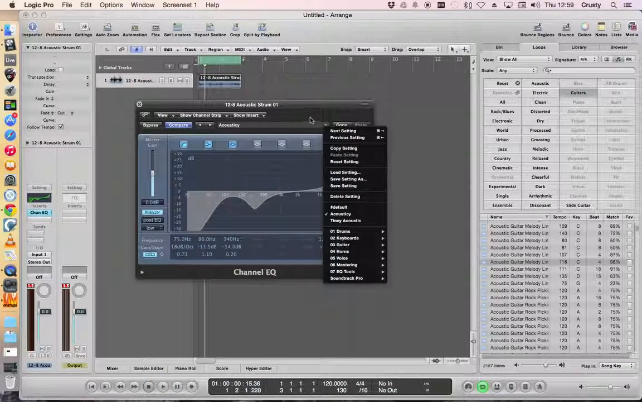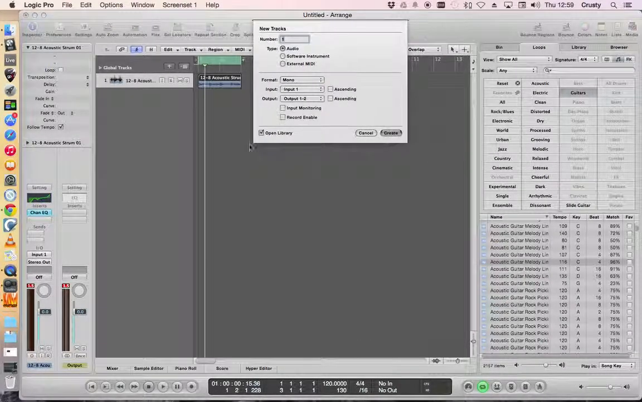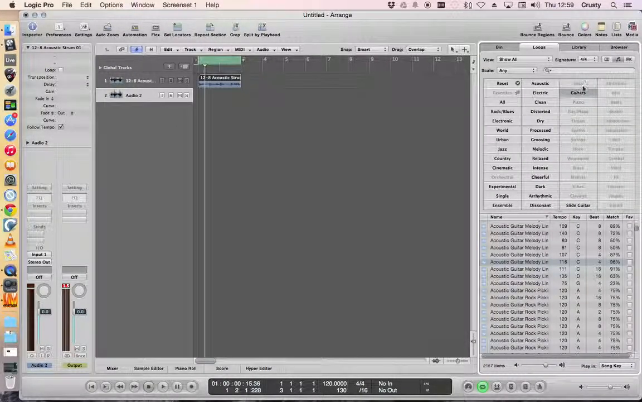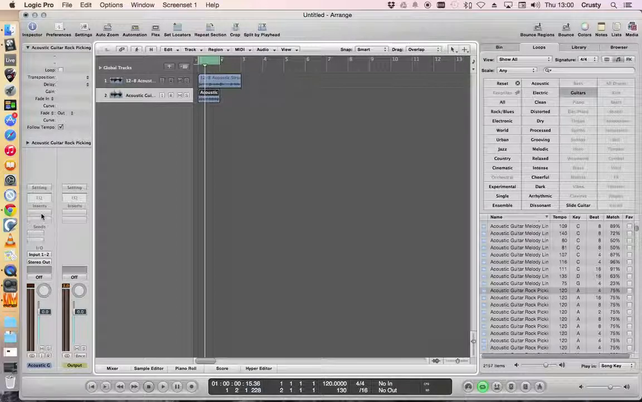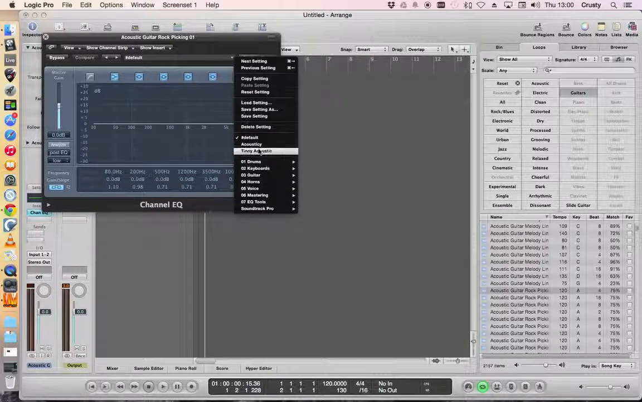Now we set up another track. Guitar loops. Drag that over that. Double click EQ. We can now